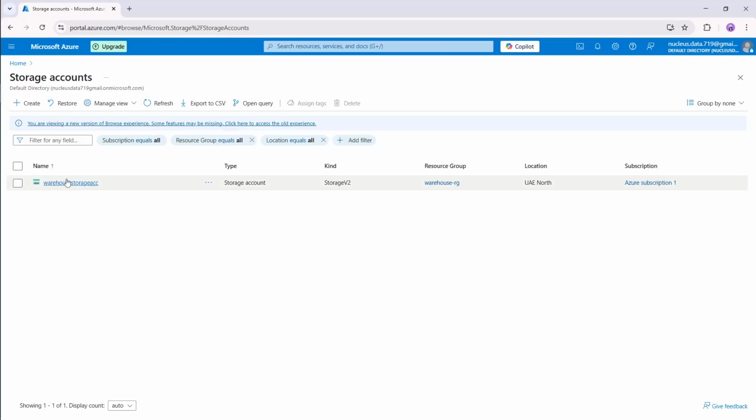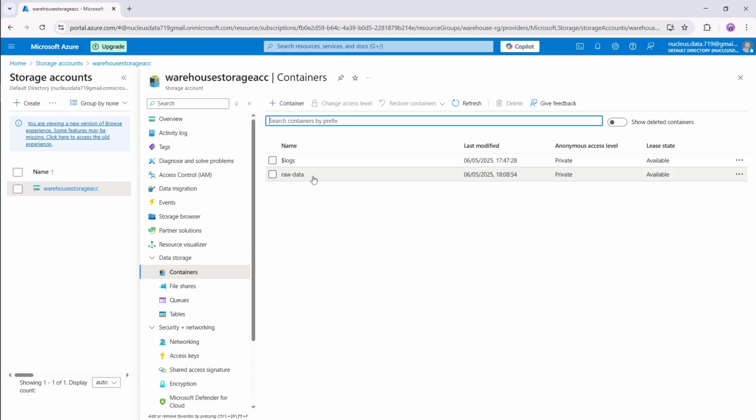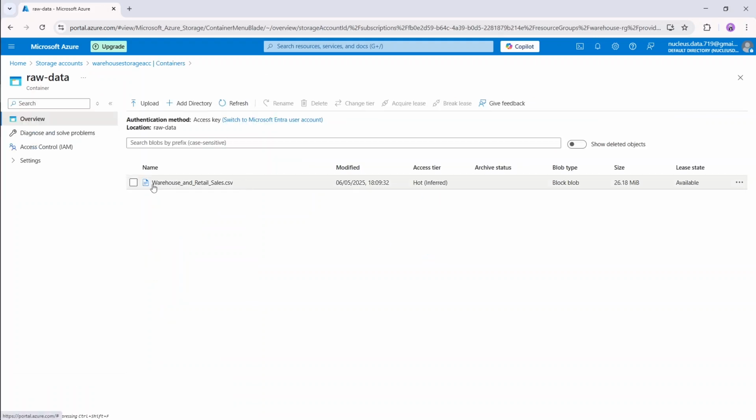In this video, we will learn how to mount Azure Data Lake Storage Gen 2 to Azure Databricks for data processing and analysis. So, without any delay, let's get started. I have this storage account where the data resides. And if I go to the containers, you can see I have a container named raw data. In the raw data, I have this file, warehouse and retail sales.csv, and I want to mount this file